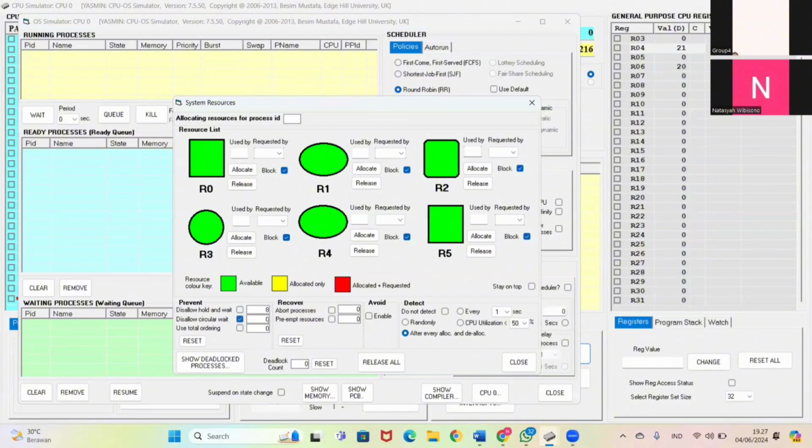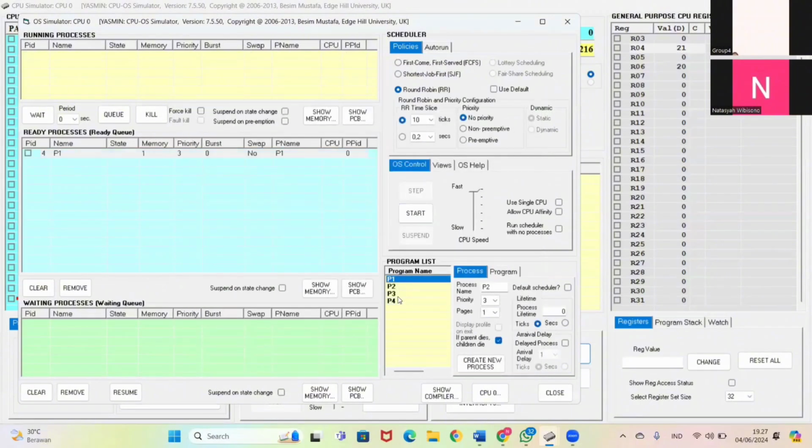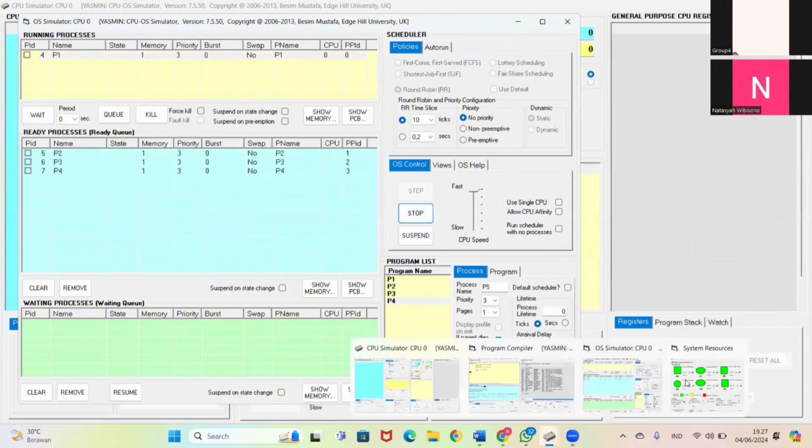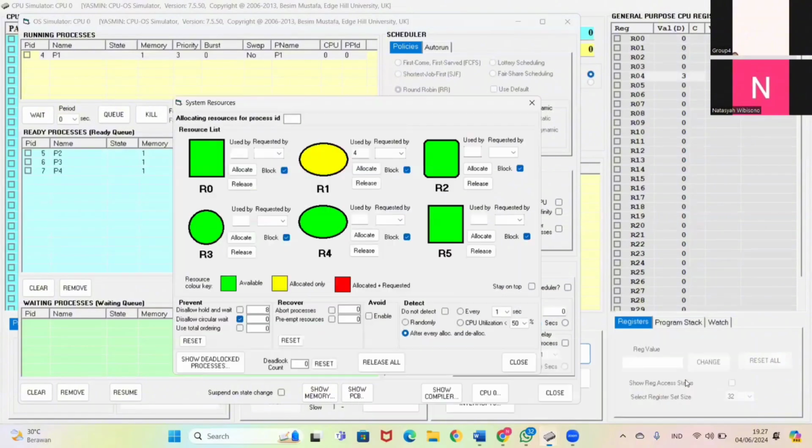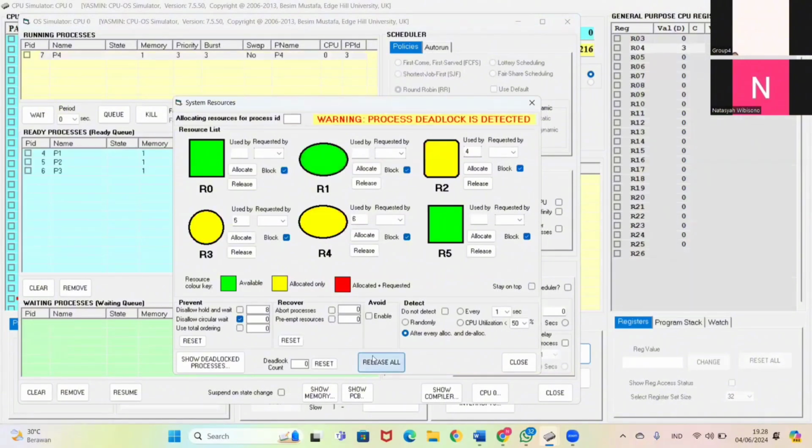Then next we try the disallow circular wait prevention method. In circular wait, a process cannot be interrupted if it is adjacent to its critical section, but we will try whether this method can be used to overcome deadlock or not. We check the disallow circular wait, then we enter the program list again, then we click start.